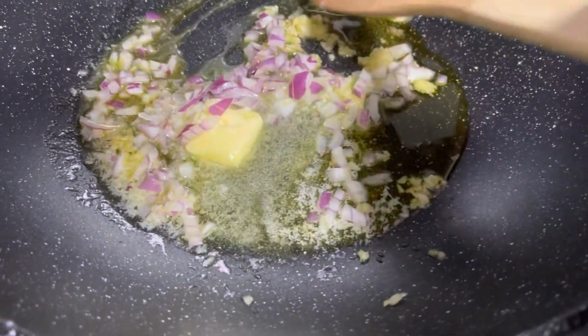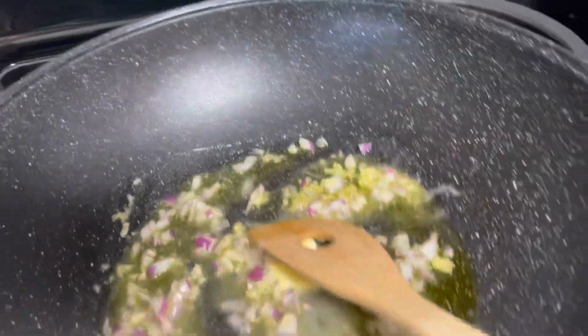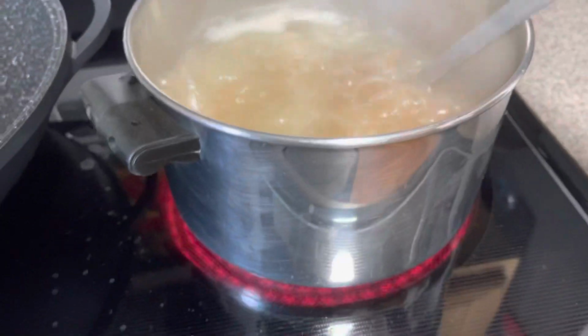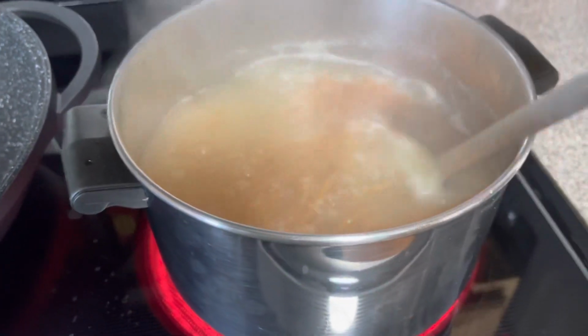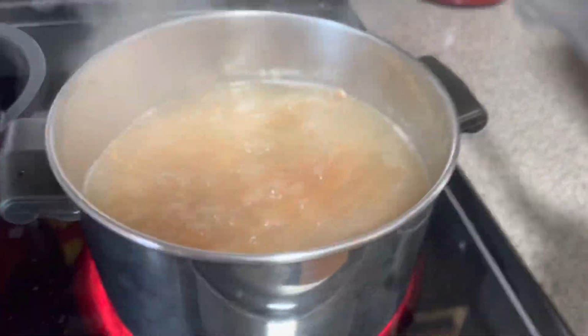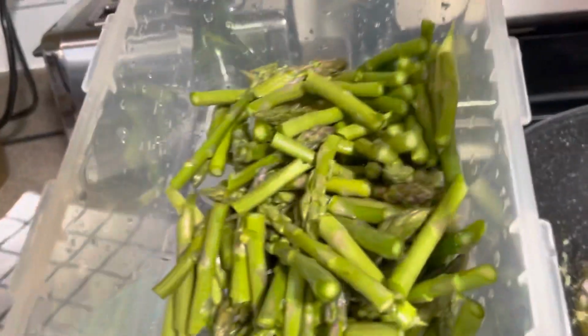I have here some butter, olive oil, and minced garlic, and all I'm going to do is saute. In the meantime, I have my lentil angel pasta going. It's not going to take very long. And then on this end, I have some,